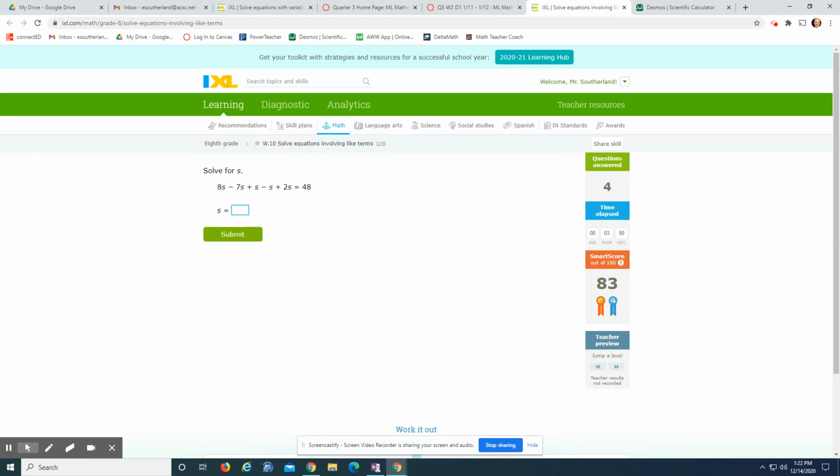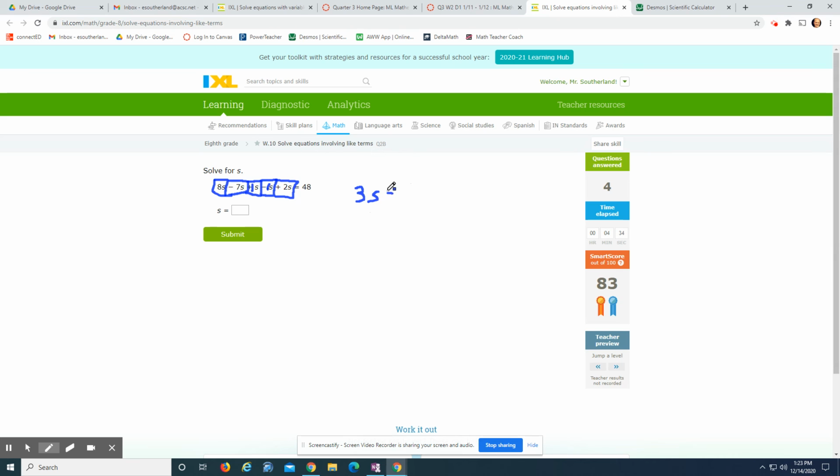When you get to this, it's the same thing, but we'll do it because it's supposedly one of the harder ones. But we're going to draw boxes. So 8s is by itself, negative 7s, and then just s. There's a 1 there. There's a 1 there. And there's a 2 there. And so we just go through 8 plus negative 7 is 1. Plus 1 is 2. Plus negative 1 is 1. Plus 2 is 3. So this is 3s